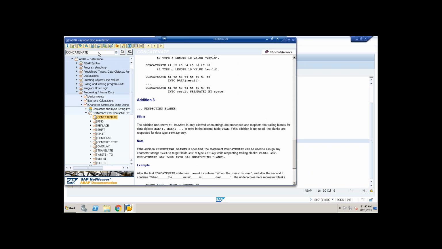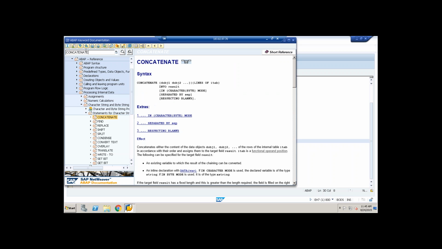If I go for move corresponding, right? Now actually we have to use the move statement. If I use,